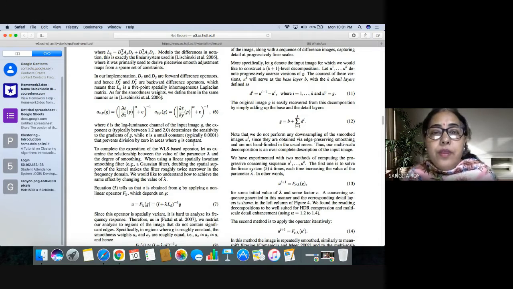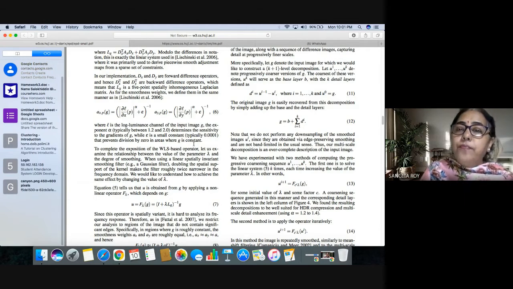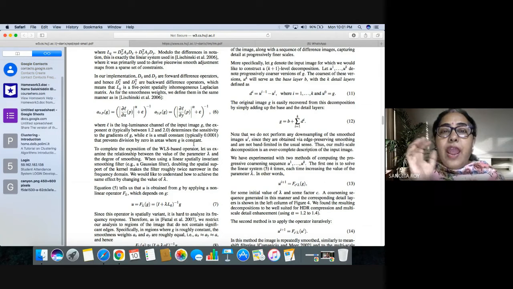Gradient sensitivity means if there is a sharp change in intensity, it takes care of that. By increasing this value, the image becomes sharper, and by decreasing this value, the image becomes blurred. So a high value is needed, but if we give a very high value, then some noise amplification will be there. Thus, from this weighted least squares, we have to adjust the value of lambda and the value of alpha in such a way that we get edge-preserving smoothing.